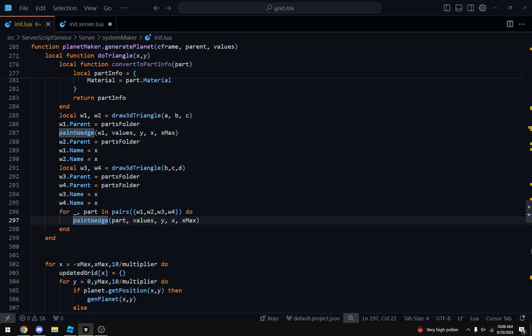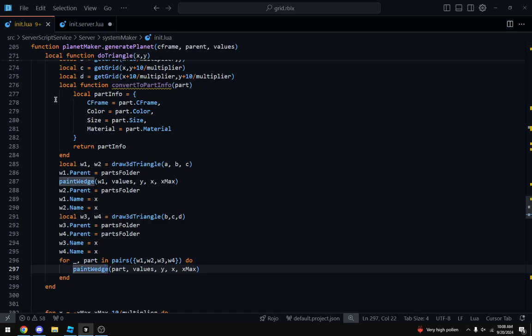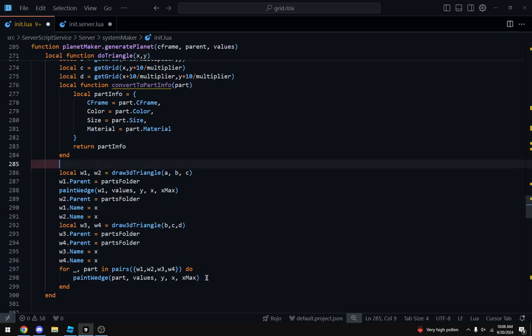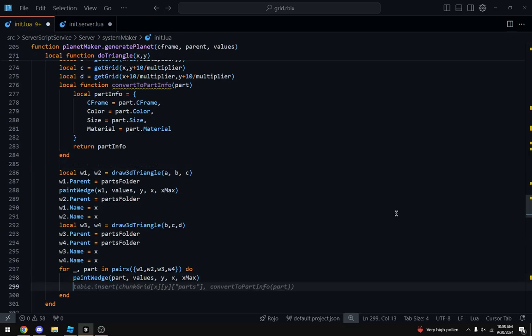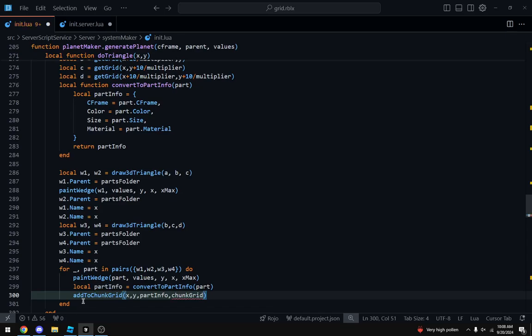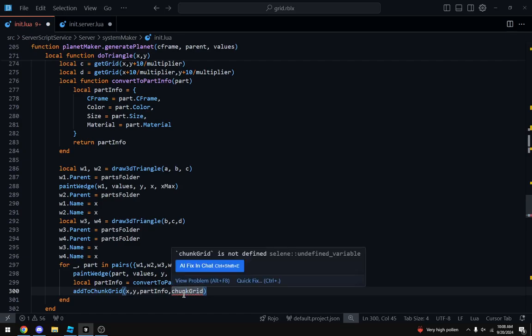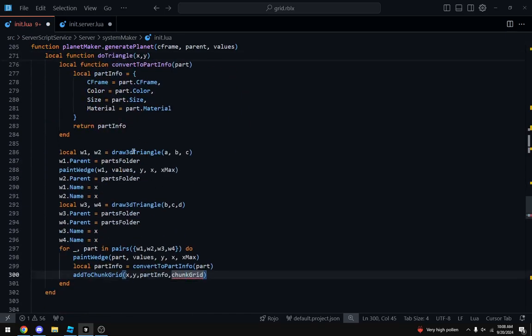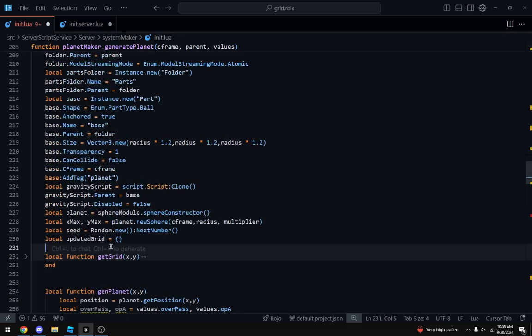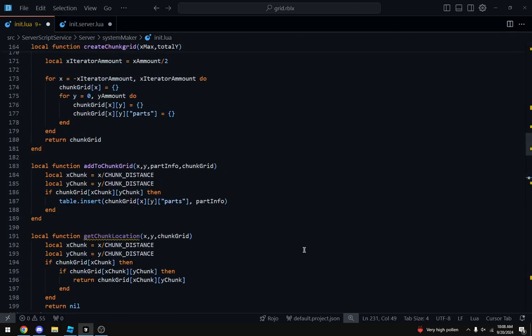Paint wedge. Now we need to add it. Alright. Add a chunk grid. Chunk grid. It's not defined. Beautiful! This thing's genius.